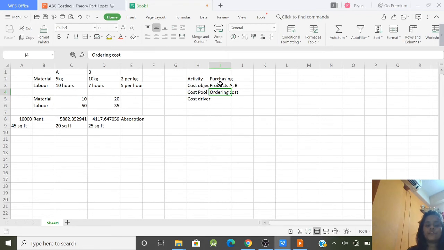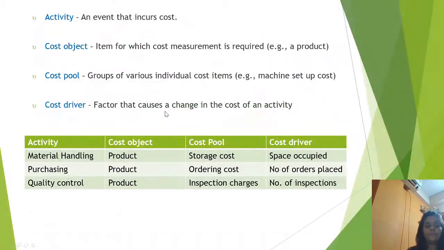We have to measure the total costs attributed to these two products. So these are the cost objects. And last, the cost driver. Cost driver means a factor that causes change in the cost pool, a factor that causes a change in the cost